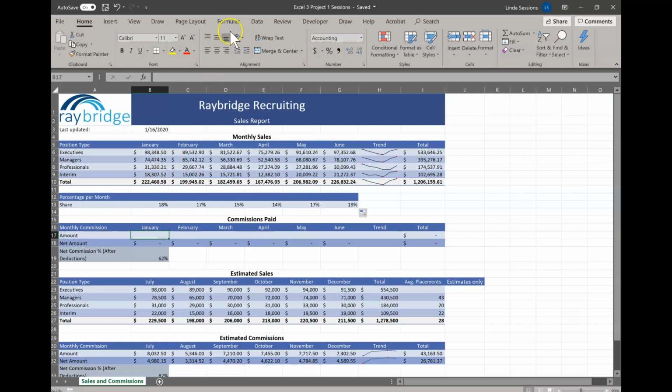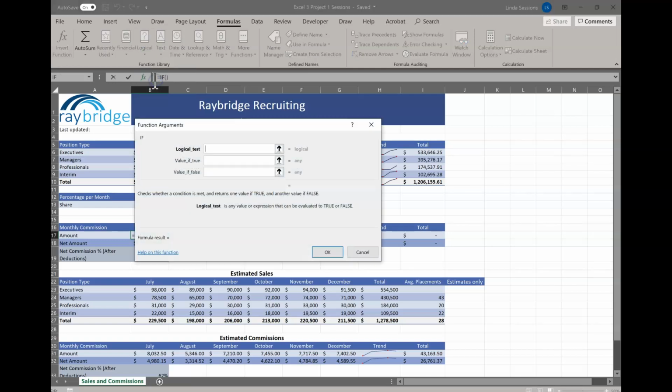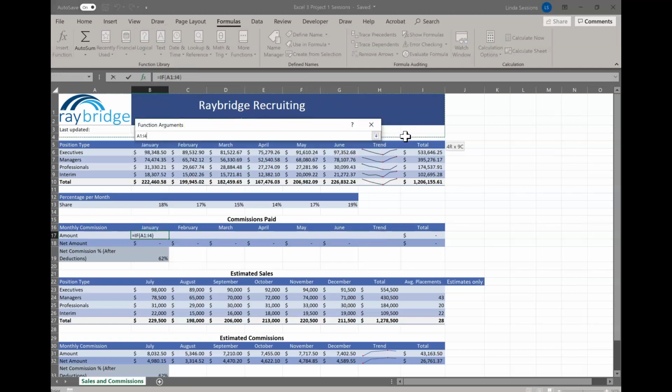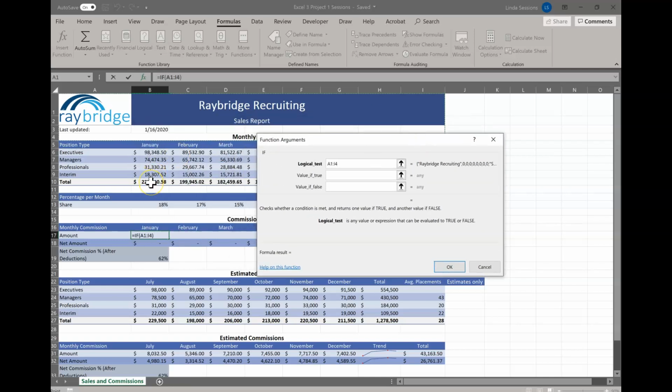So I'm going to come up here to the formulas. I'm going to go to logical, and I'm going to come down here to if. So the figure that we're looking at first is the total for January, which is B10. So if B10 is greater than or equal to 200,000,